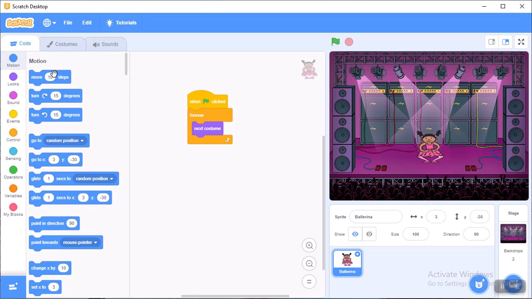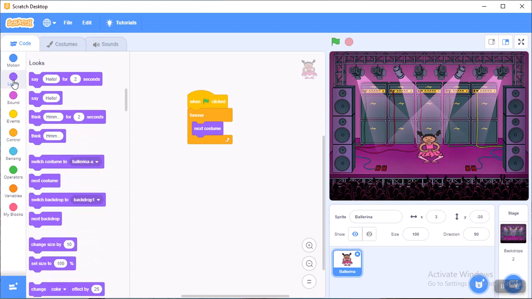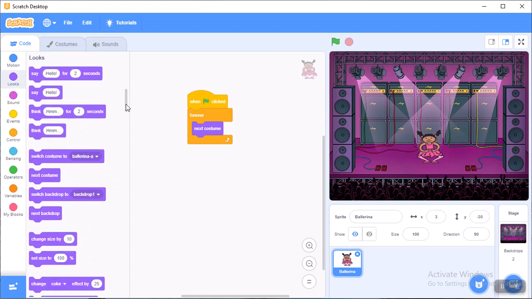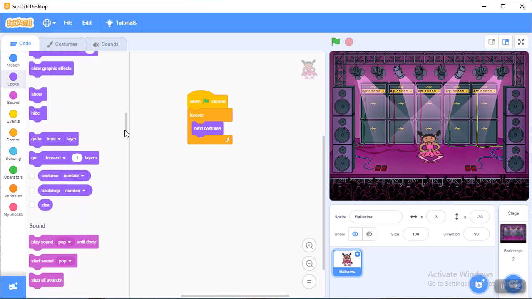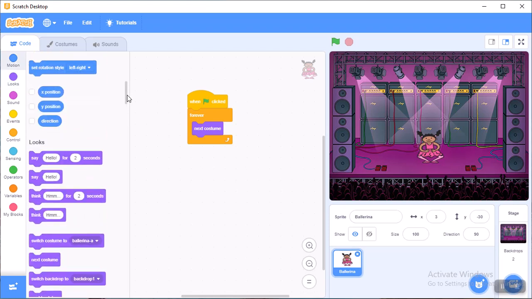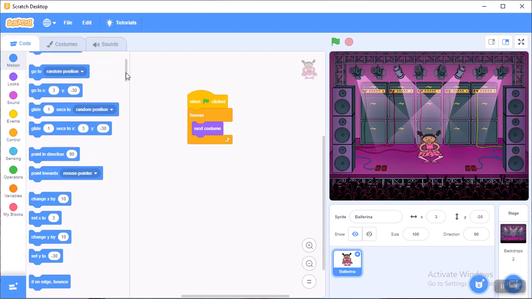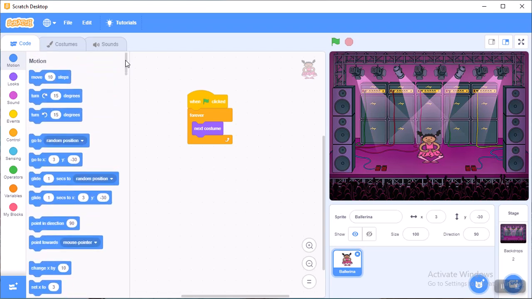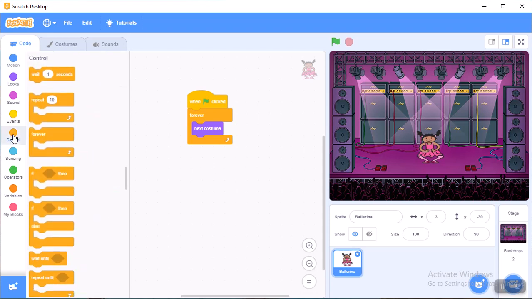For that we will use wait. Wait is inside the control block. Now see the speed, it's a little bit slow and it looks nice.